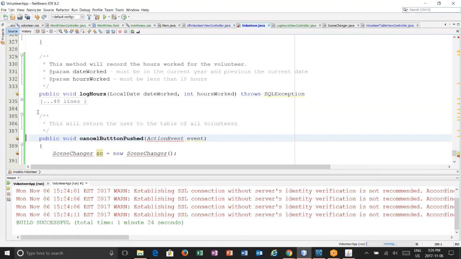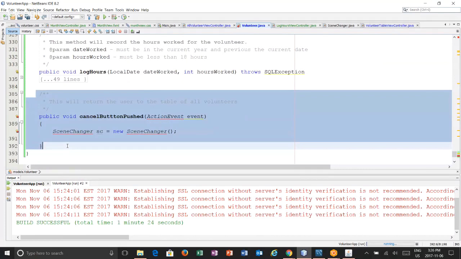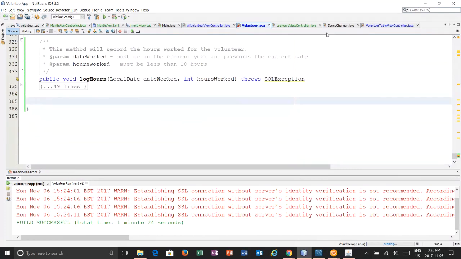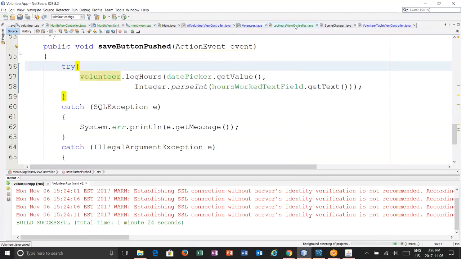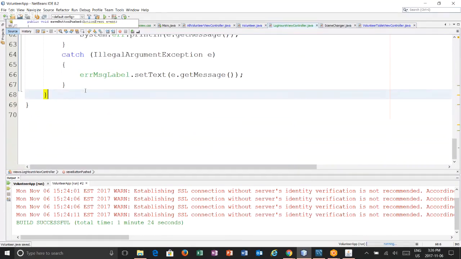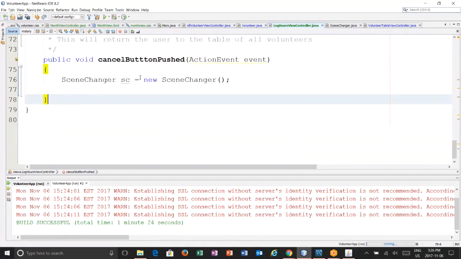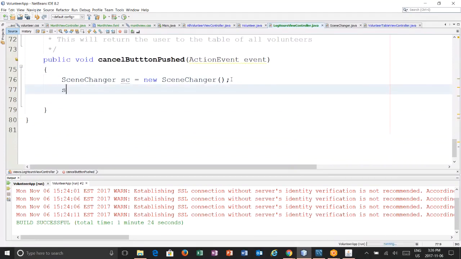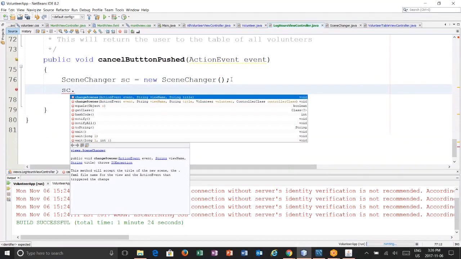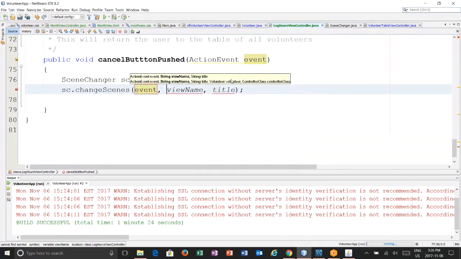I'm in the wrong area. This will be our log hours view controller that we want. And here we can just say scene changer, change scenes, and the name of the new scene is going to be